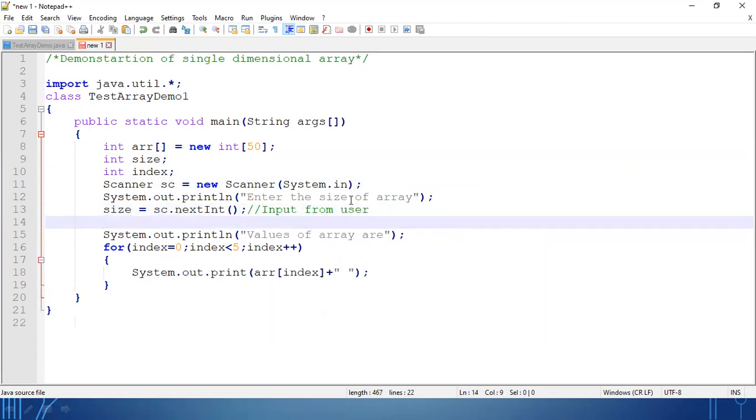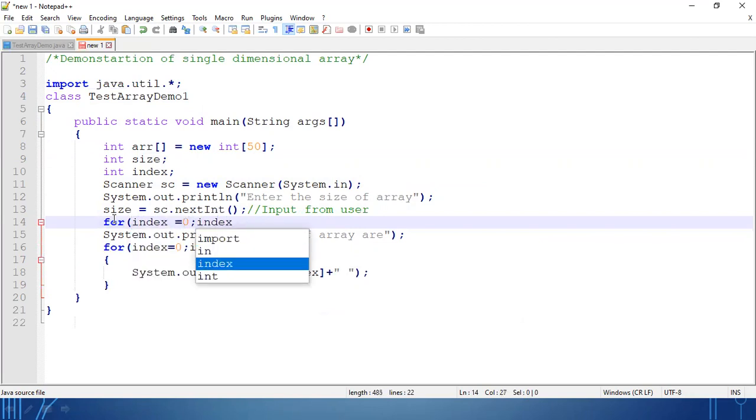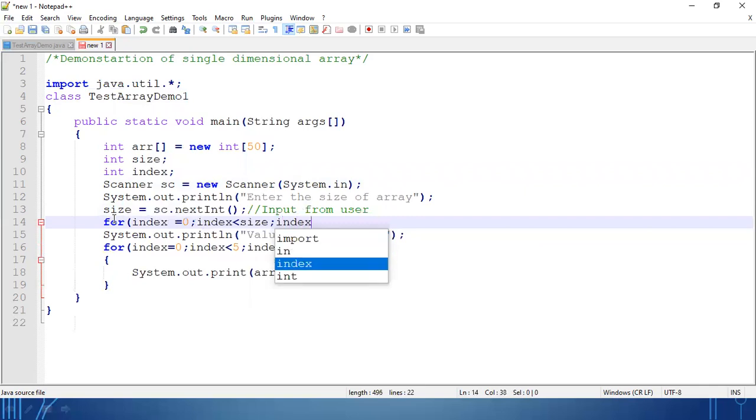Okay, so you have taken the input for the size, how many actual values you want to operate. Okay, and then you will take the input for that inside the array. So index equal to 0, index less than size, whatever may be the size variable value. On the basis of that I'll take the input.